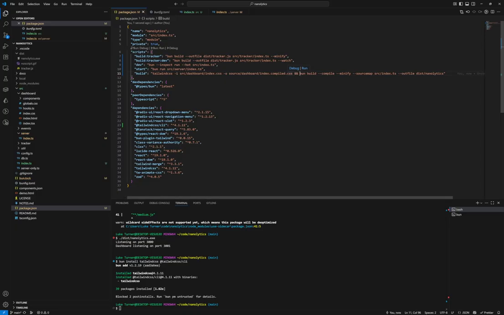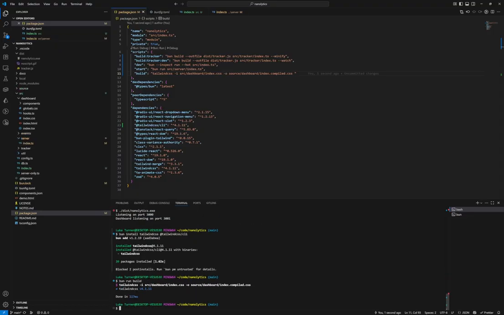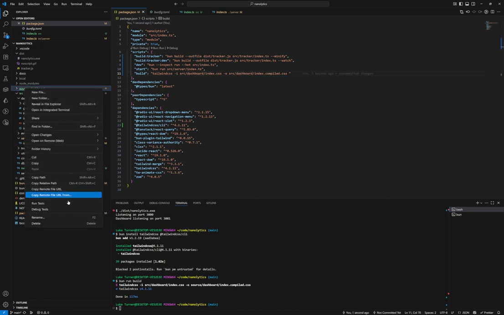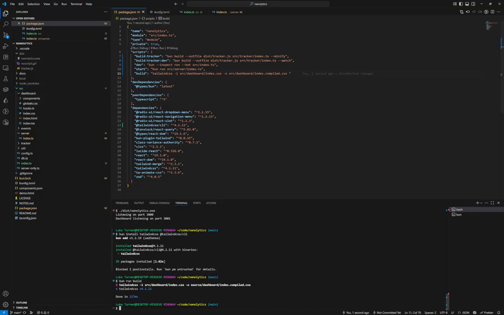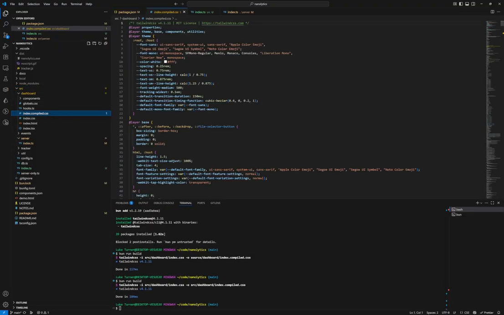Okay. So let's actually just get rid of this for a moment and just do the bun run build again here. And we can see what that does. So it runs that Tailwind command. It's very fast, which is nice. Not adding a lot of overhead here. Oh, I misspelled that. Let's delete this directory. Run it again. So now we get this index.compiled.css where all of the Tailwind stuff is,